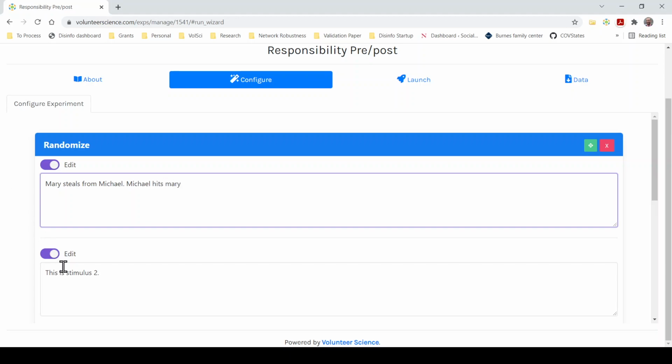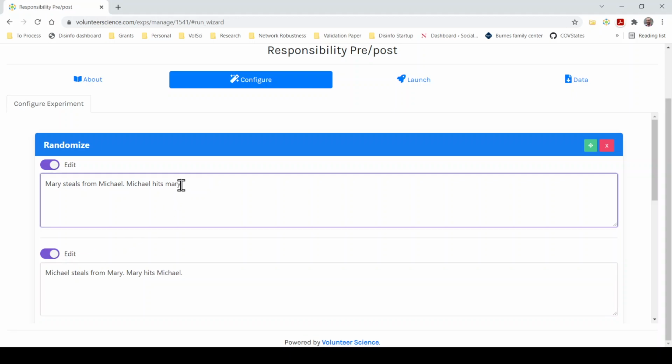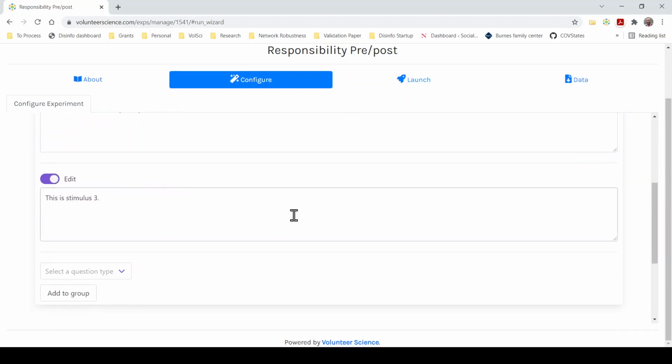Hits Mary. For the sake of the demo, we're just going to be brief in recreating it. Michael steals from Mary. Mary hits Michael. Capital M. All right, now this is only two